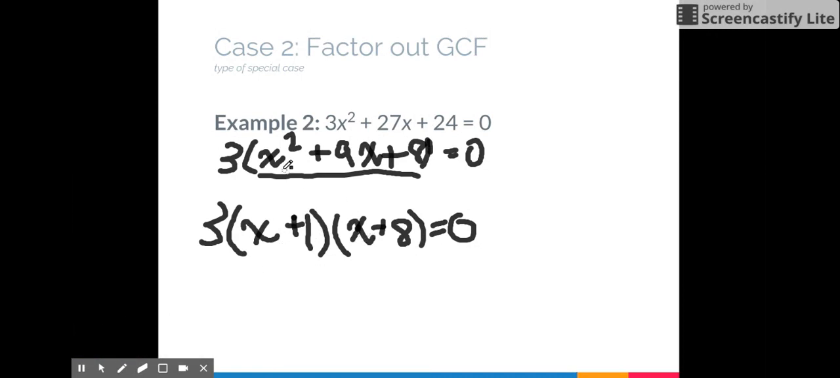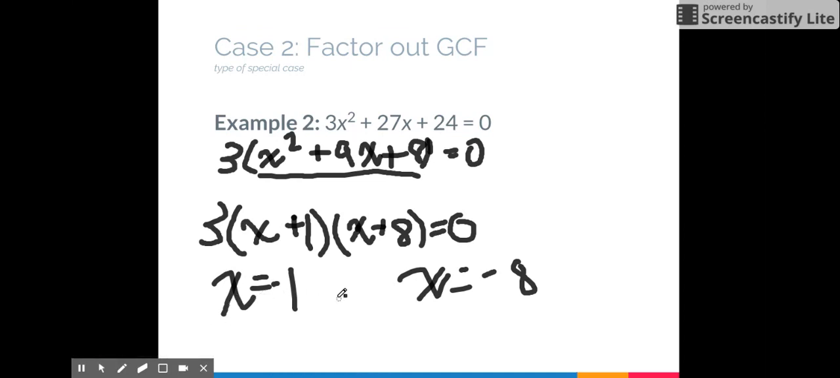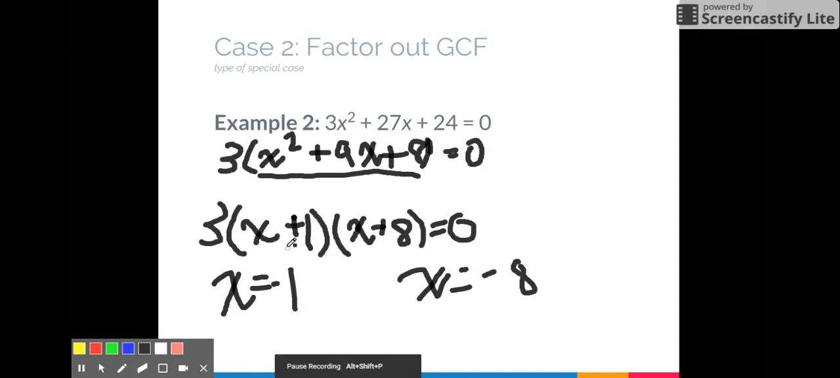So if I do x times x, that gives me x squared. X times 8 gives me 8x plus 1 times x, that gives me 9x, and then the 1 times 8 gives me 8. In this case, I take my two factors, set them equal to 0, and then I can solve for x. In this case, it's pretty easy just to know that x equals negative 1 and x equals negative 8 are your solutions. Because you can just look at x plus 1 and say, hey, what plus 1 gives me 0? What plus 8 gives me 0? And you can just look at it